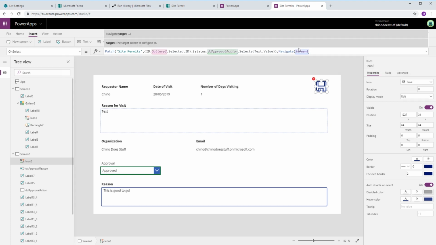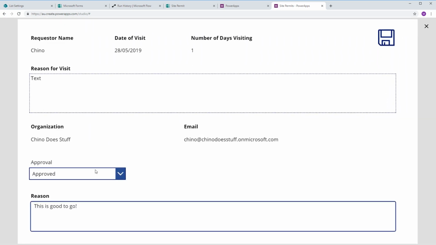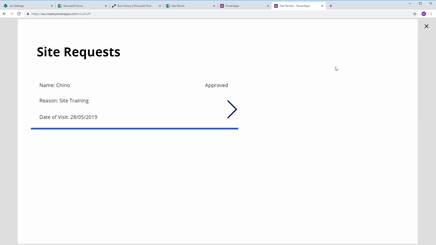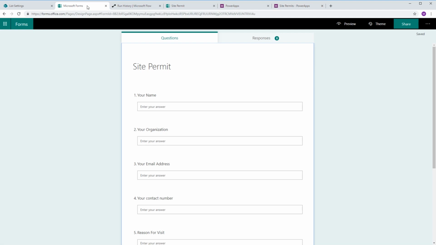So let's go back to screen 1 and cover. All right, cool. Let's try that again. So approved, good to go. Let's click save, and now we're approved. So if we go back to Microsoft Forms,